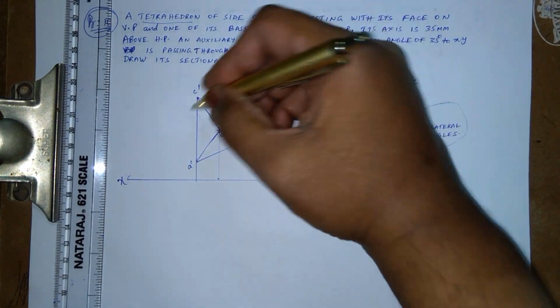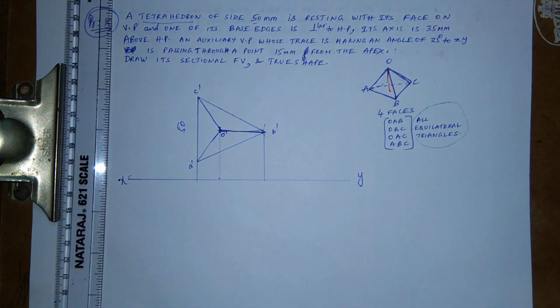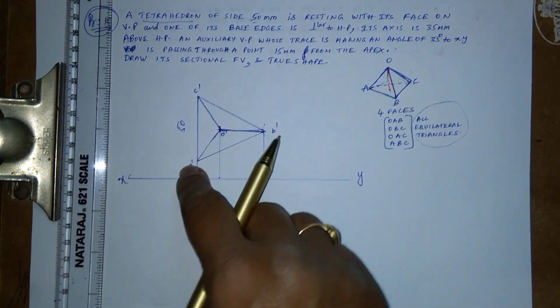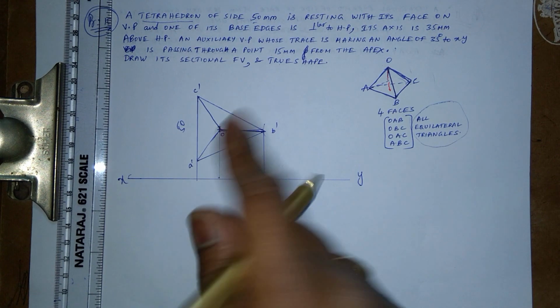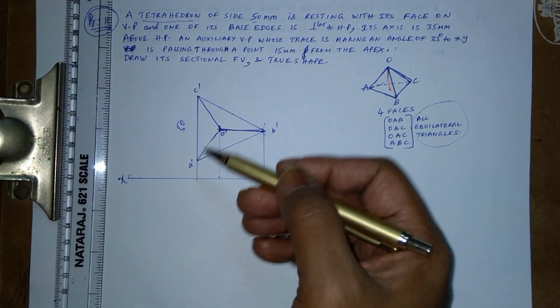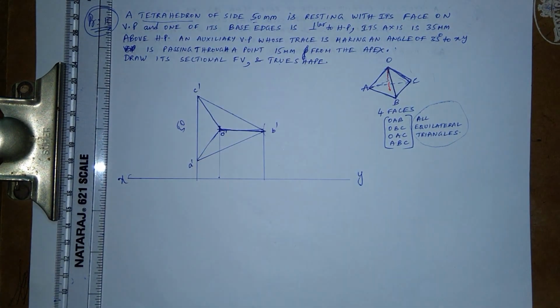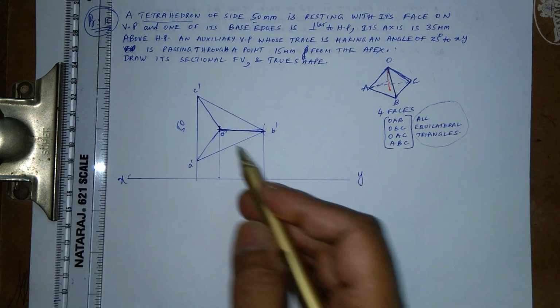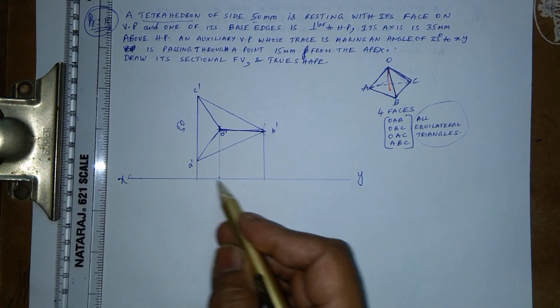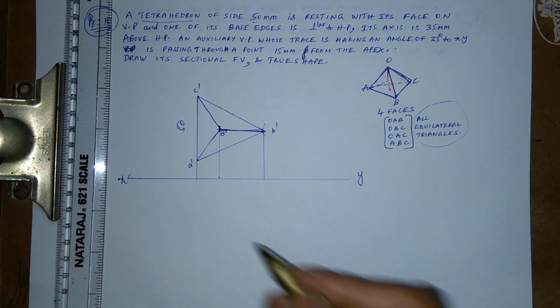Side is 50, right? So this is 50 mm. One side, this is 50, 50, 50. These are also 50, but apparently in the front view I don't see it as 50. This is a little less than 50. Right, but now that I know O dash B dash is parallel to the XY line, from here till here,